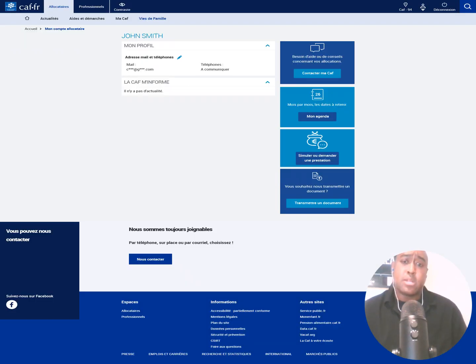This is the main page once you log in, where it says CAF m'informer is where a message would be displayed if the agency has something to communicate with you, such as needing to verify your last 3 months of activity. On the right-hand side, you have the option to contact your local CAF, see your calendar for any upcoming appointments,